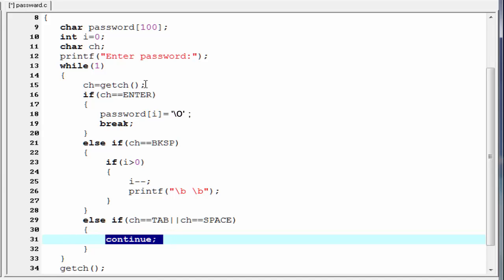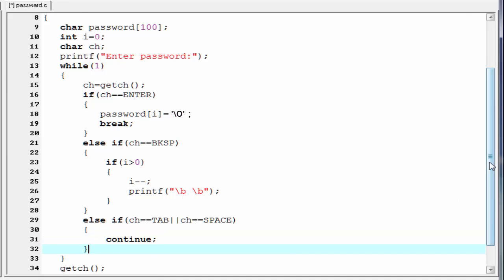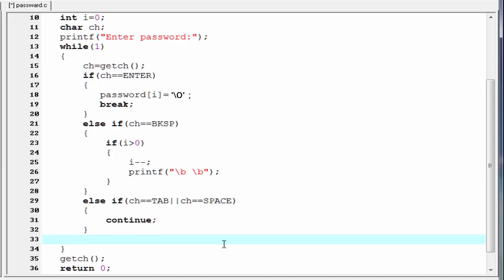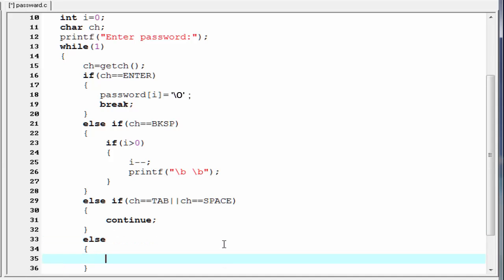If the character that the user entered is not a enter key, not a backspace, not a tab or not a space key, that means the user press a valid character. So what we do now? We store the character to the input array password, else password of i equal to ch.